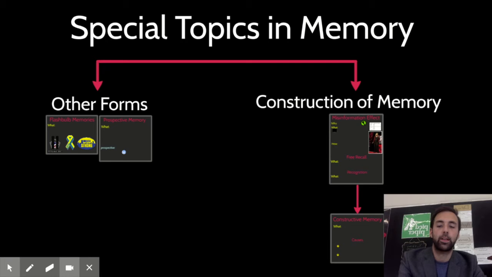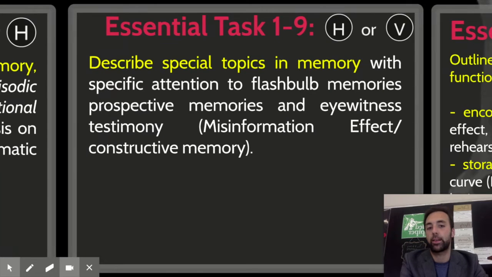So again, I think this concept map can be done horizontal or vertical, as indicated with the essential task. We are only going to concept map the 4 boxes on the screen. So I'll return now back to the essential task text, where you only have to copy down again what is in yellow. And again, you can decide whether you want to do it horizontal or vertical.